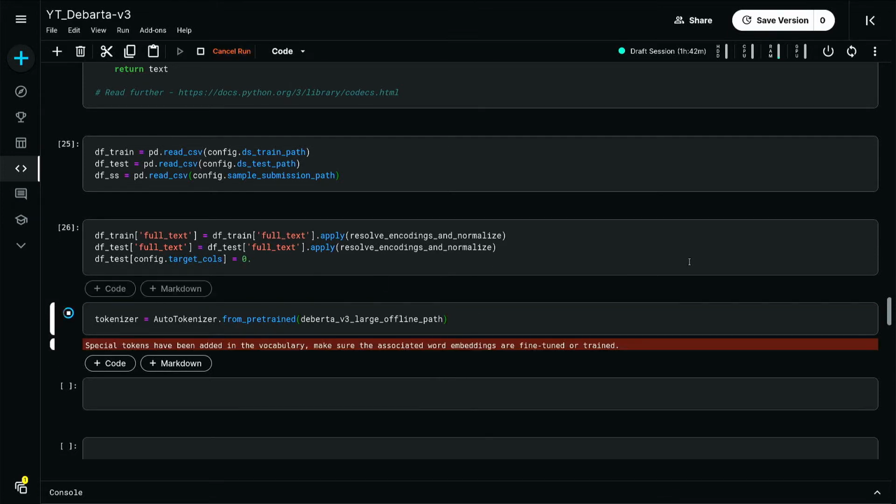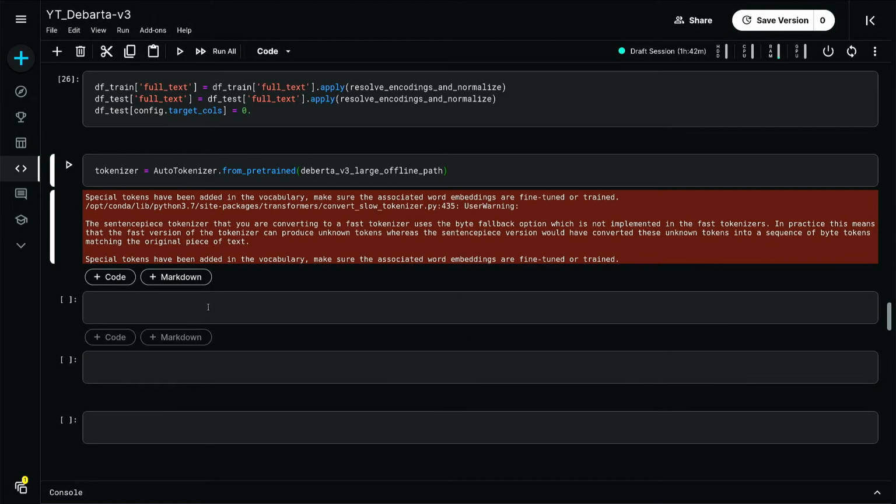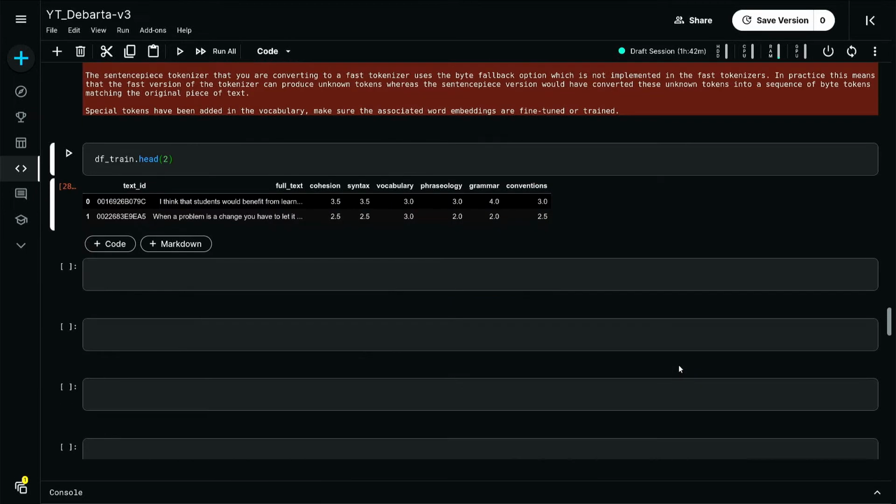Run it. Okay, so this is our data frame.